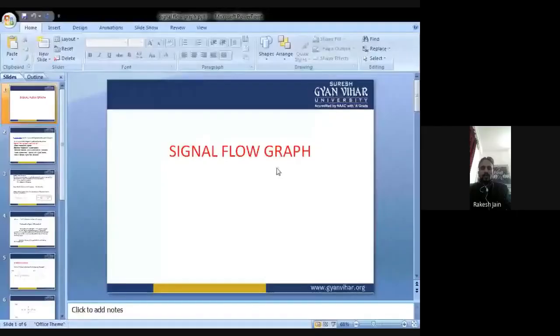function of a system of a given numerical, with the help of signal flow graph. The name of that method is signal flow graph. Let's see first of all the PPT, then we will see the new formula, the technique, and we will solve the numericals. So see, I will show you right now. Yes, so see, our topic name is signal flow graph.